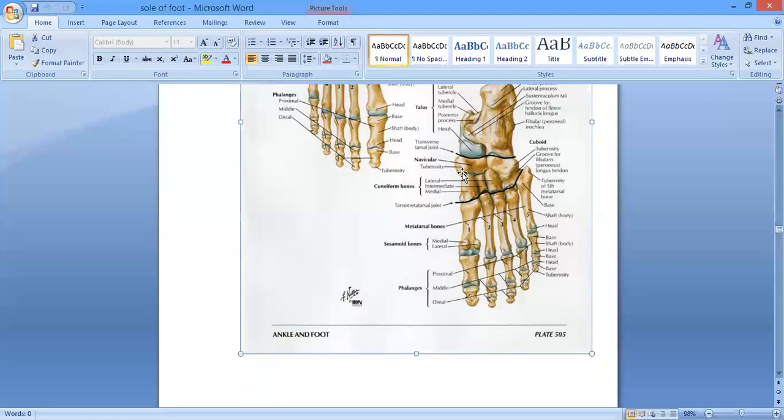Whereas the medial head, it comes from the tuberosity of the navicular bone, जहाँ पे आपका tibialis posterior tendon आके insert कर रहा है, ठीक है? यहाँ से the muscle will originate and is going to be inserted, having this sesamoid bone in the tendon again, over the medial aspect of the base of the proximal phalanx of the big toe. Is it clear?